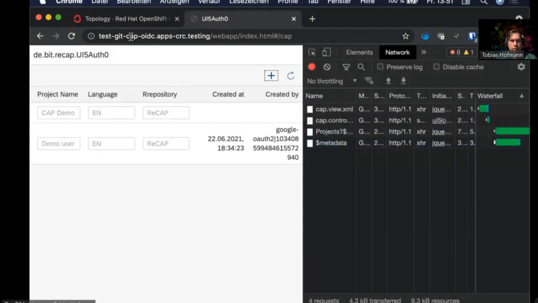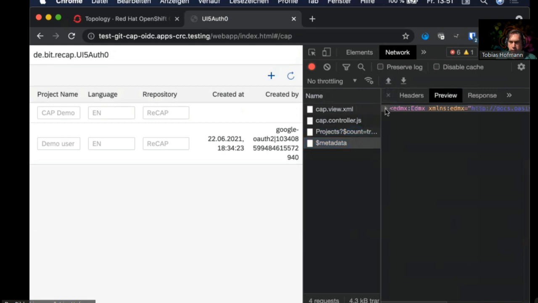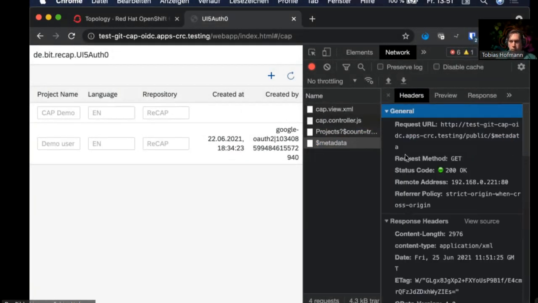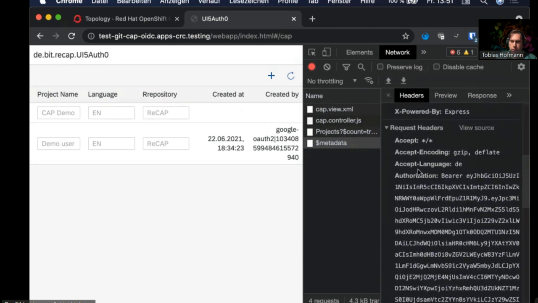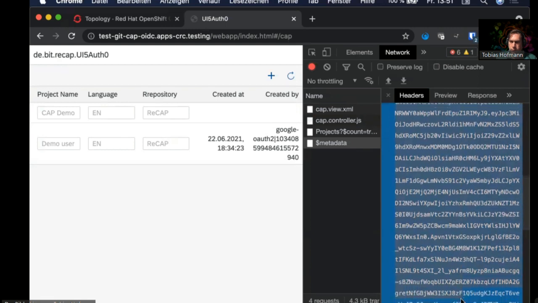Just a reminder, I was accessing it before, I got an authentication error, now we can access it and I actually get the information back, so this is now working. Why is it working? Because what I'm doing, I'm adding the authentication bearer to the request, as you can see here,